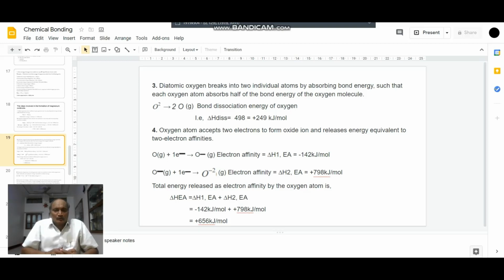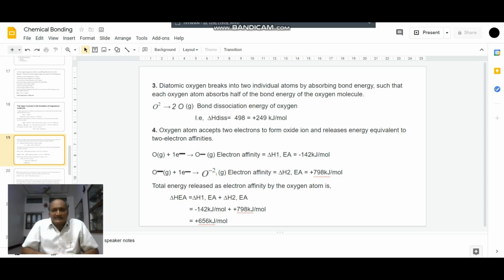That is, O2, by the supplying of a bond dissociation energy, will be converted into 2 oxygen atoms. To dissociate one oxygen molecule into 2 oxygen atoms, the energy required is called bond dissociation energy, and it is equal to 498 plus 249. So totally here the oxygen atom accepts 2 electrons to form oxide ion